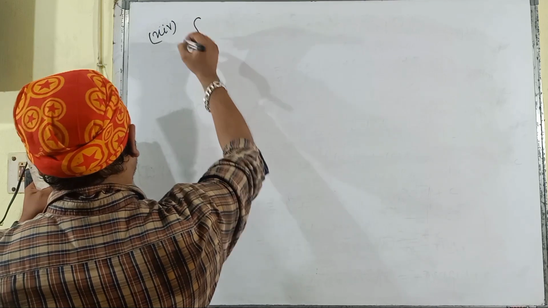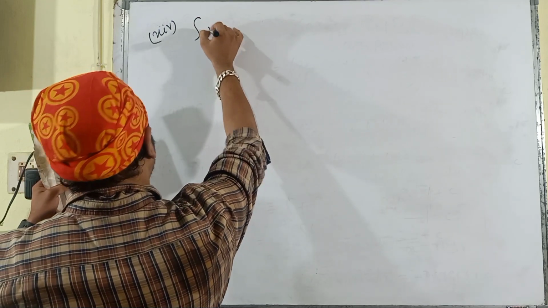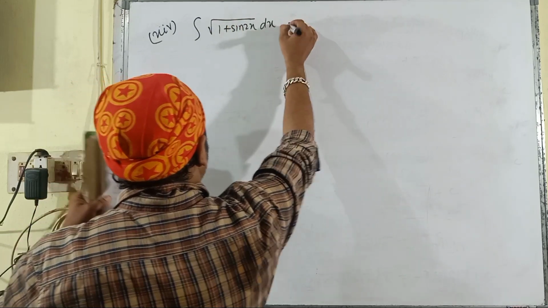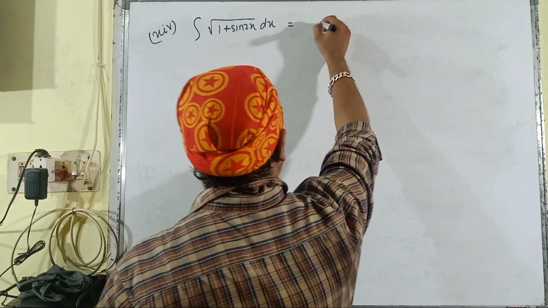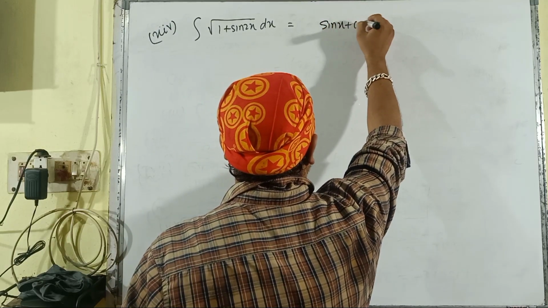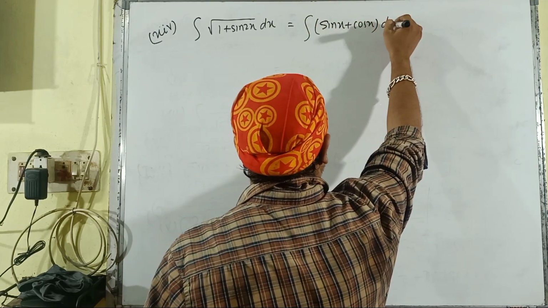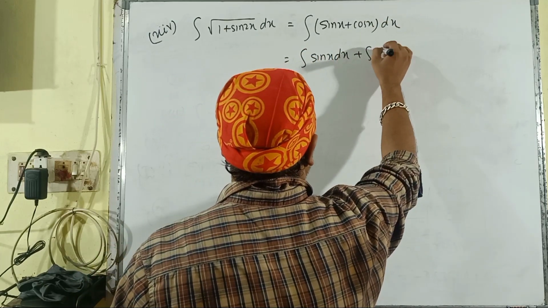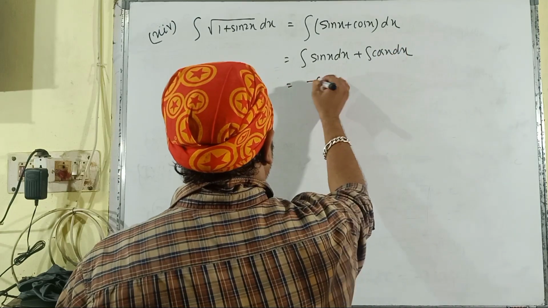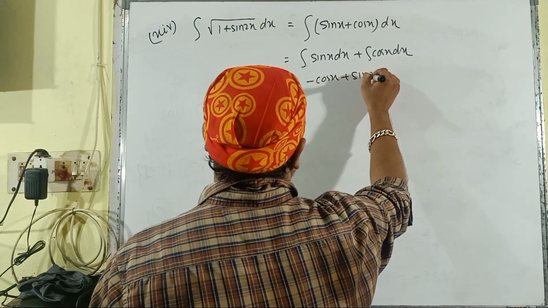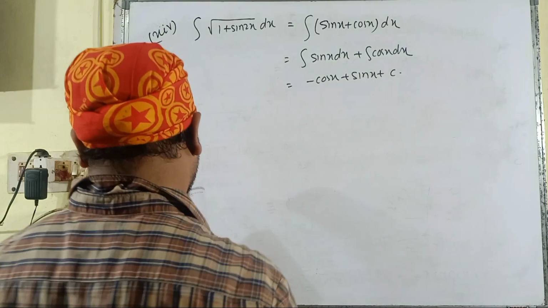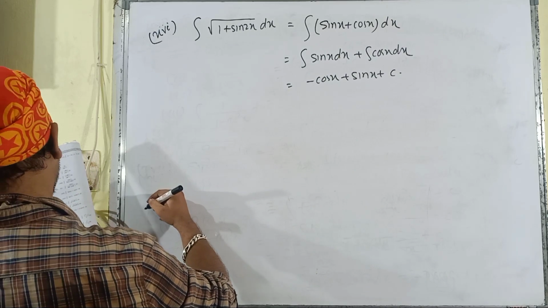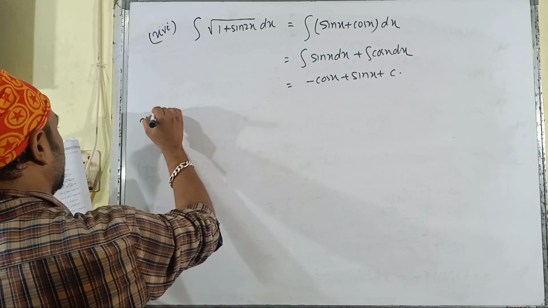So here it is the 16th bit of our number 2. It is integral of square root of 1 plus sine 2x dx. In place of square root of 1 plus sine 2x, we can write down sin x plus cos x and its integral with respect to x. Then applying the algebra of integration, it will be minus cos x plus sin x plus any constant c. It is the 16th bit. Then moving to the 17th bit,